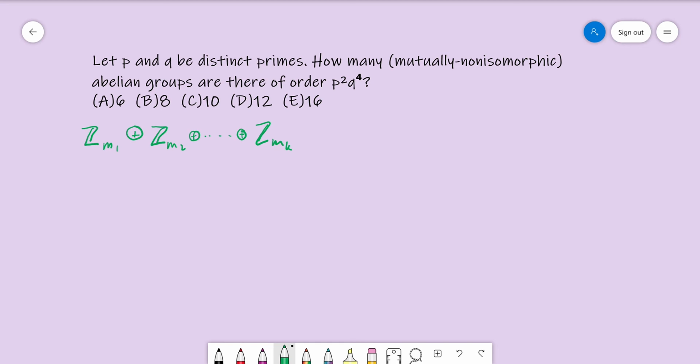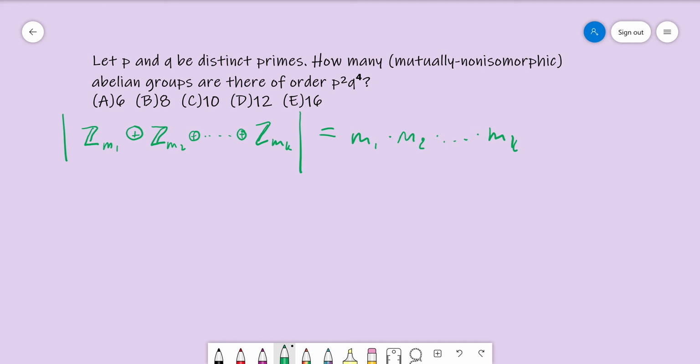So this question is equivalent to asking how many groups of order p squared q to the fourth there are of the form Z_M1 plus Z_M2 plus ... Z_MK. And the order of any group of this form, a direct sum of Z's, let's write that like this. This order is equal to M1 times M2 times ... times MK. So this question is actually equivalent to asking how many different ways can we write p squared q to the fourth